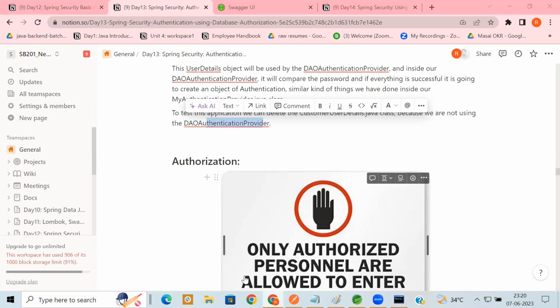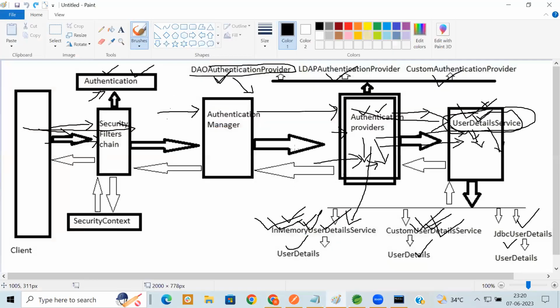Lots of things are still there, like OAuth authorization and authentication. Then after that LDAP server is also there, OTP authorization, a number of things are there. So it is beyond our syllabus. Just this authentication, authorization and JWT is more than enough. Make sense? But remember, the concepts are very simple. You need to remember the same kind of diagram. And if you want some other details, like learning about OTP authentication and OAuth,